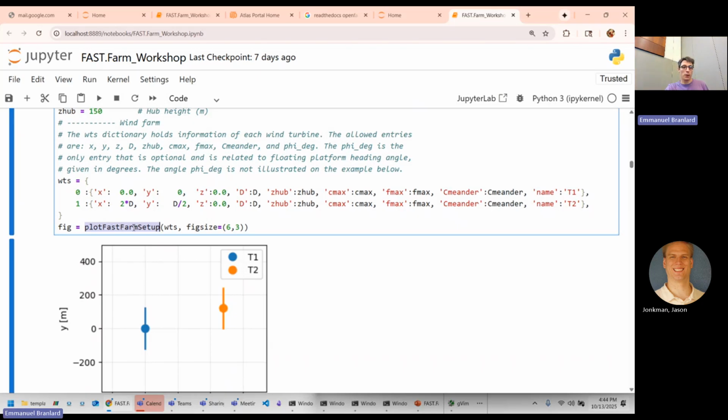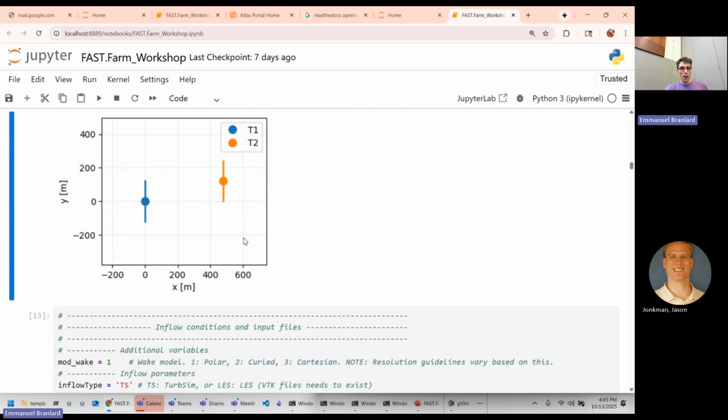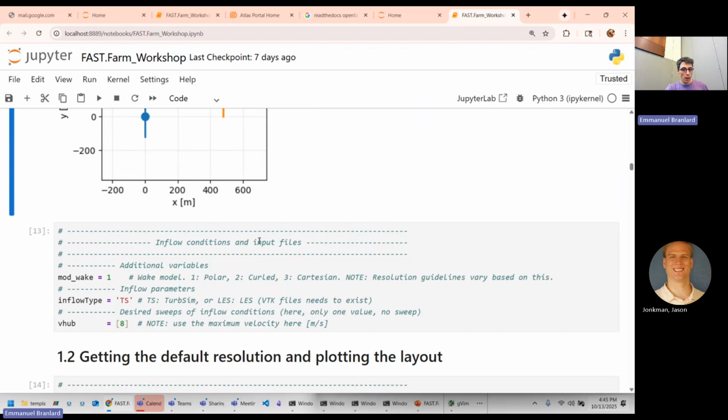By the way, this function plot FAST.Farm setup can take all kinds of first input. You can give it an input file, you can give it an object, or you can give it a dictionary of wind turbines. In that case, you don't have any high res or low res. It doesn't know it, so it just plots the wind turbines. And you can see they're very close to each other and slightly staggered. And the question is, how do we need to set up our